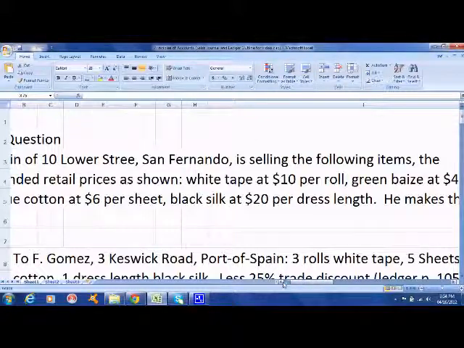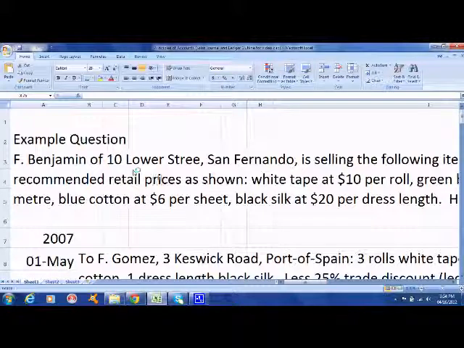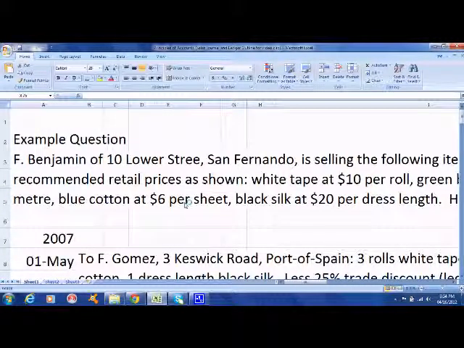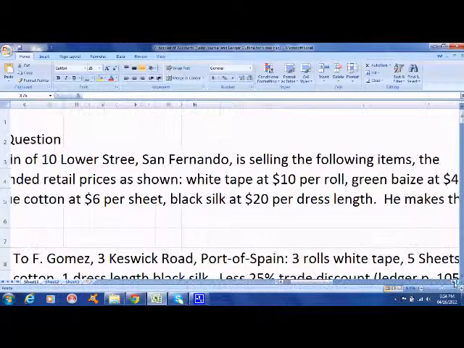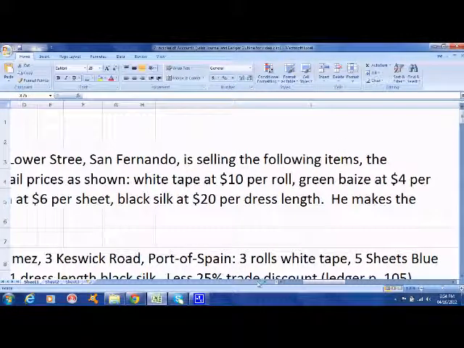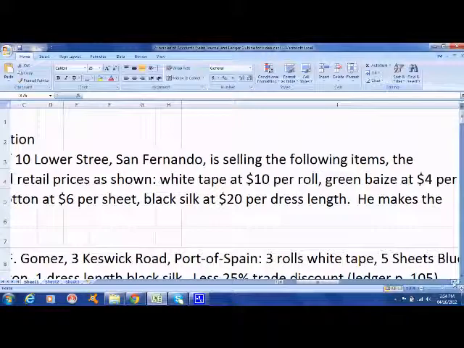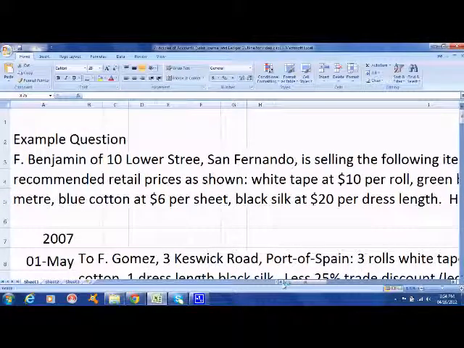Alright, got this now. If Benjamin of 10 Lower Street, San Fernando, is selling the following items, the recommended retail prices are as shown: white tape at $10 per roll, green bias at $4 per meter, blue cotton at $6 per sheet, black silk at $20 per dress length. Please pause the video while I go along to write down the questions. He makes the following sales: